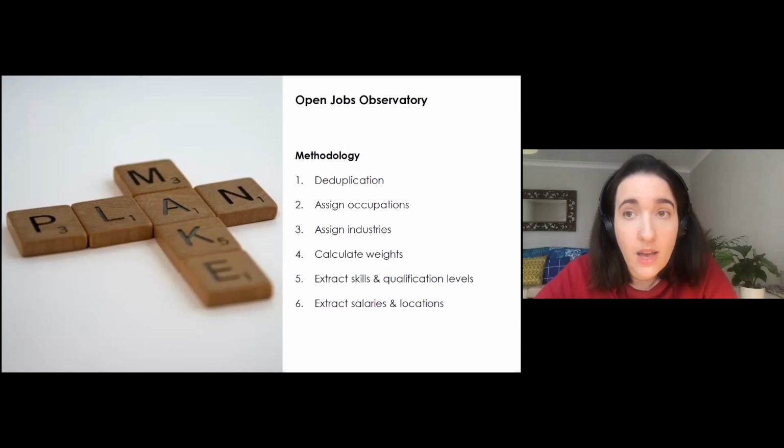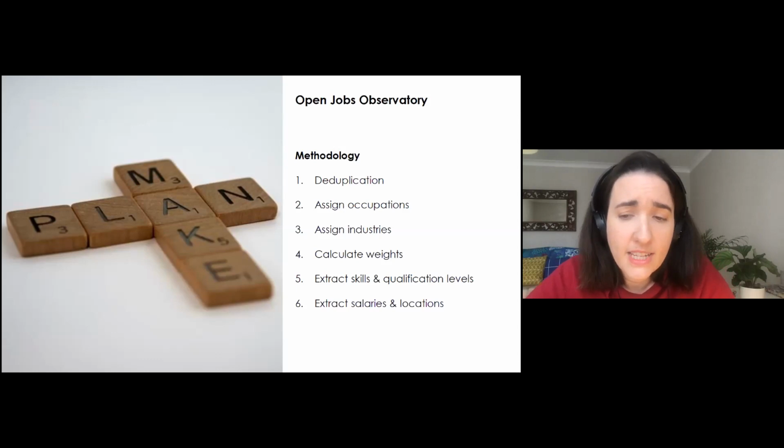The key step for us is step 5, extracting skills. We'll start, we think, with NZ's list of open skills, and then use NLP to see whether we can extract variations on those words. And then lastly, we've got salaries and locations. The tricky thing with salaries is that we'll be converting different pay rates and trying to do that in a sensible way to get an annual salary.